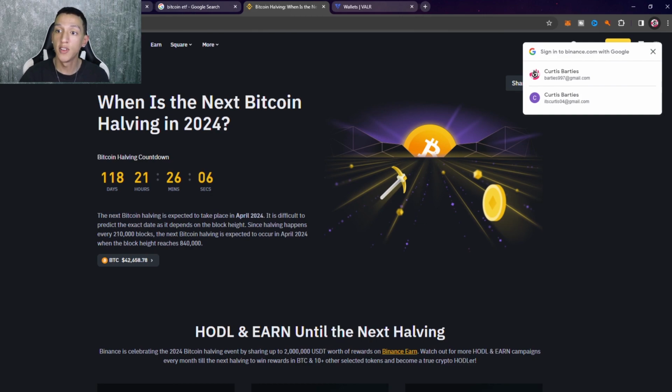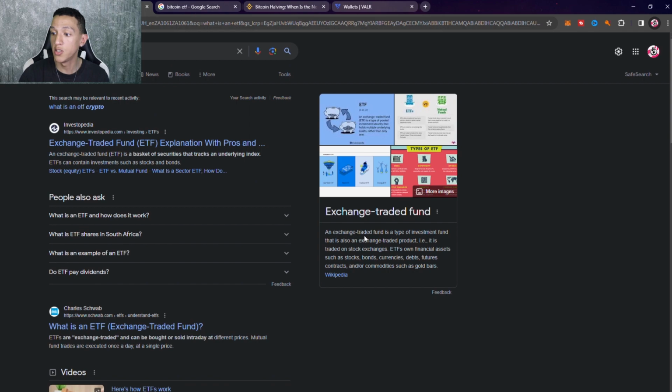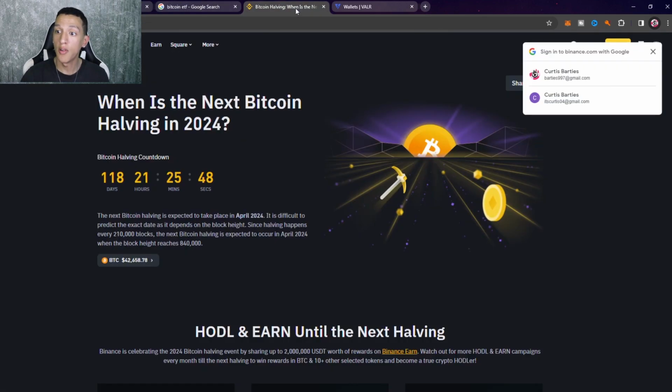Like I said, the ETF is an exchange traded fund, which is a type of investment fund. Thus, Bitcoin ETFs will allow more mass retail people to get into Bitcoin. Not saying Bitcoin will go up, but it will heavily affect the price of Bitcoin. And also the halving of Bitcoin is this year, which means the mining return on Bitcoin is cut in half. So people who mine Bitcoin get half the Bitcoin from mining. So this is quite a good year for Bitcoin for 2024.